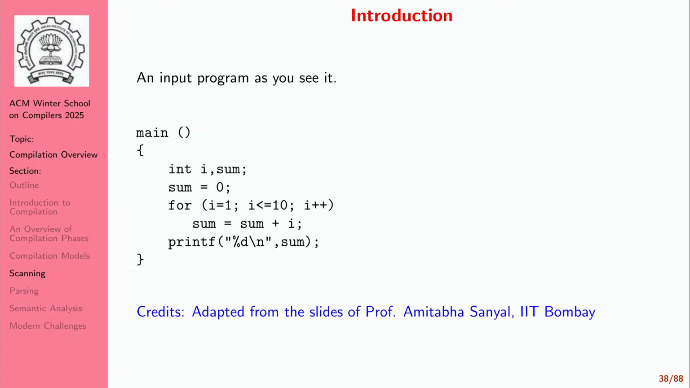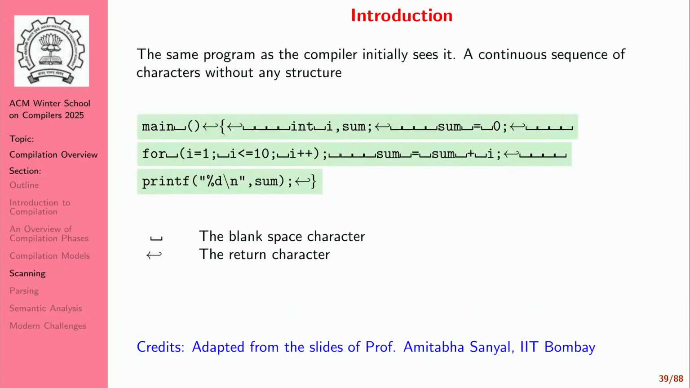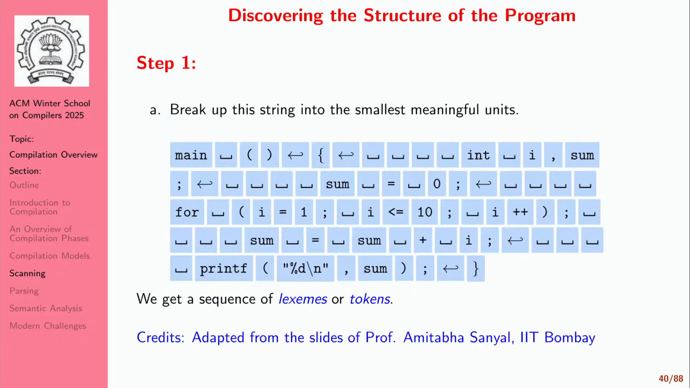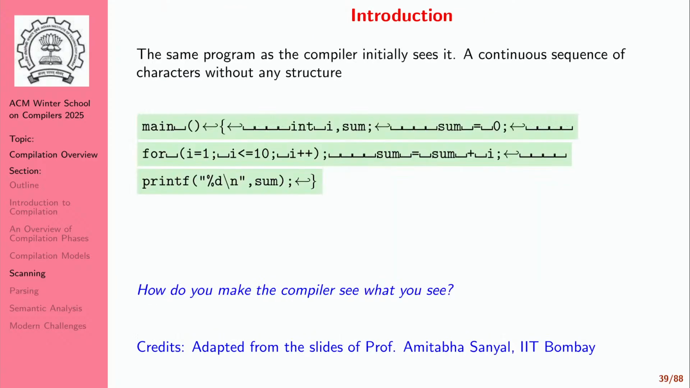What you're seeing is this. What the compiler sees is this. Now these two have to match. So how do you make the compiler see what you see? What the compiler has to do is break up this string into the smallest meaningful units. Earlier we had the green box as a sequence of characters. Now we have a